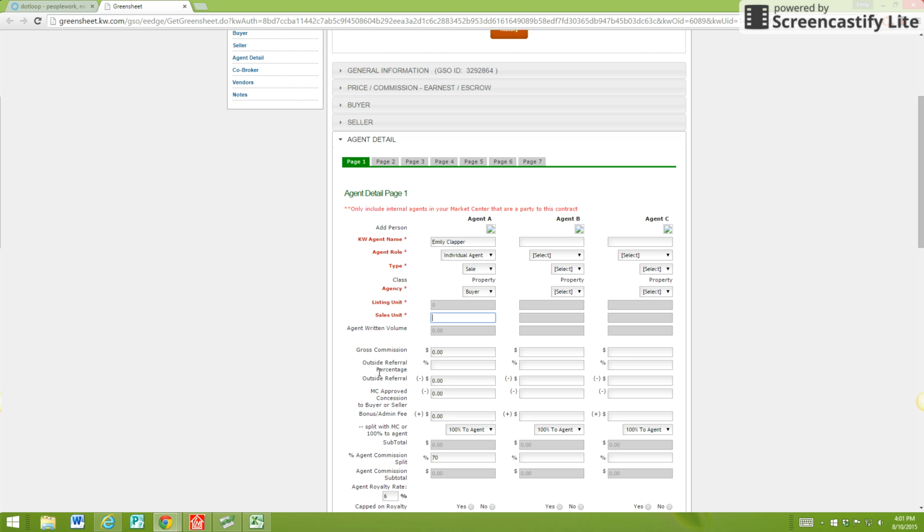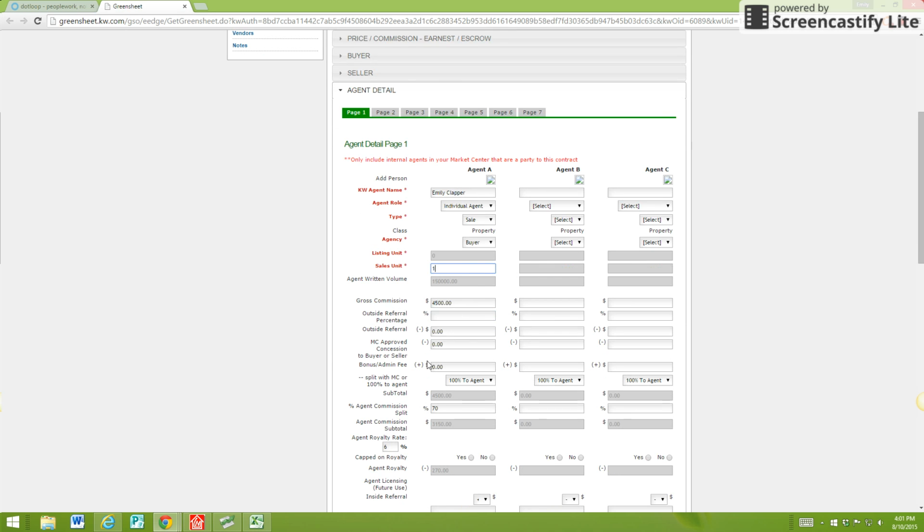So our sales unit is always going to be 1. Same if you're representing the seller, your listing unit will always be 1. Now, this is only going to change if you're splitting a deal with anybody in the office. You would change the unit based on how much you guys are splitting. But for this simple example, we're just going to go through here like there's nothing coming out and we're just